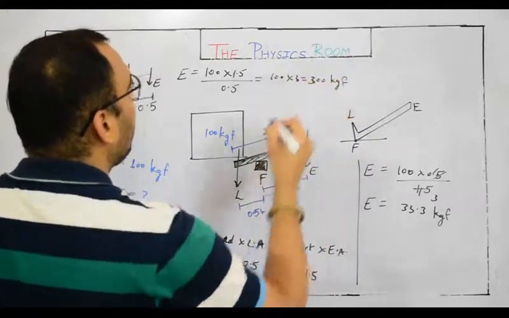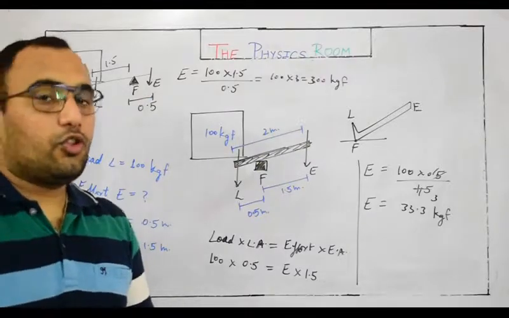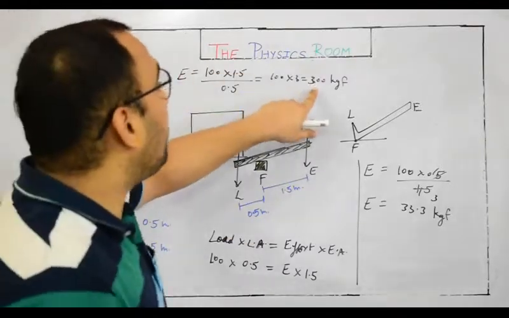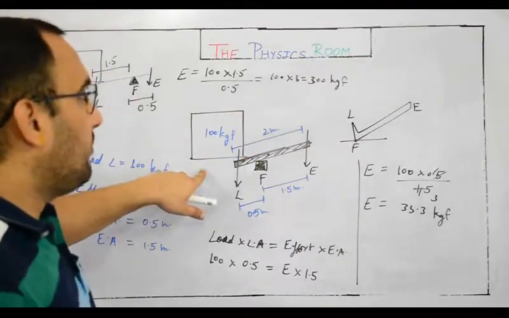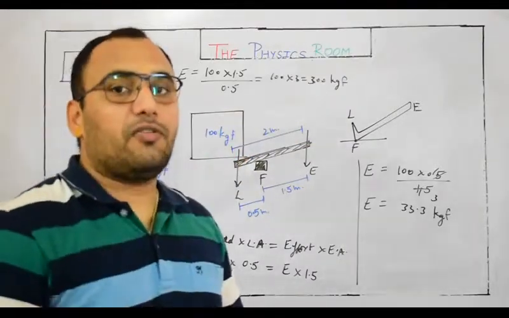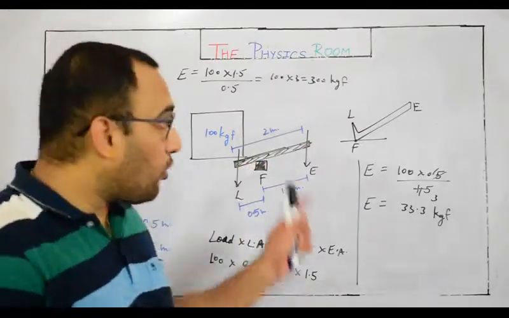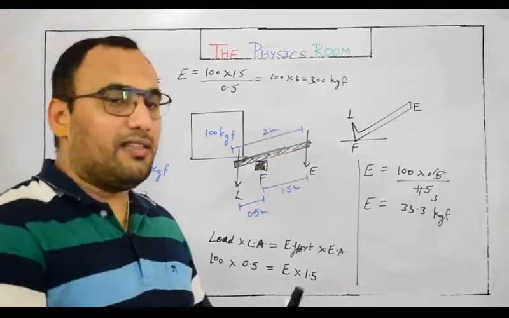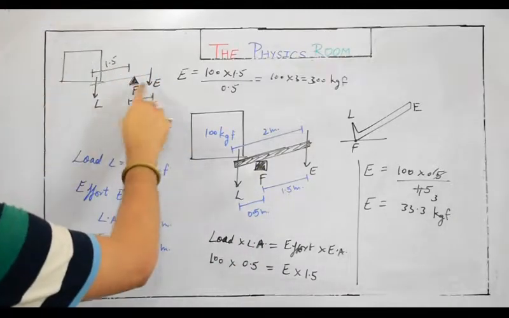You can see if we shift the fulcrum closer to the effort arm, we need to apply 3 times heavier load or effort as compared to the load to lift this up. That's why we always place the fulcrum or that brake closer to the load point, not closer to the effort point. So you can see this is a class first lever. In both cases the fulcrum is lying between the L and E.